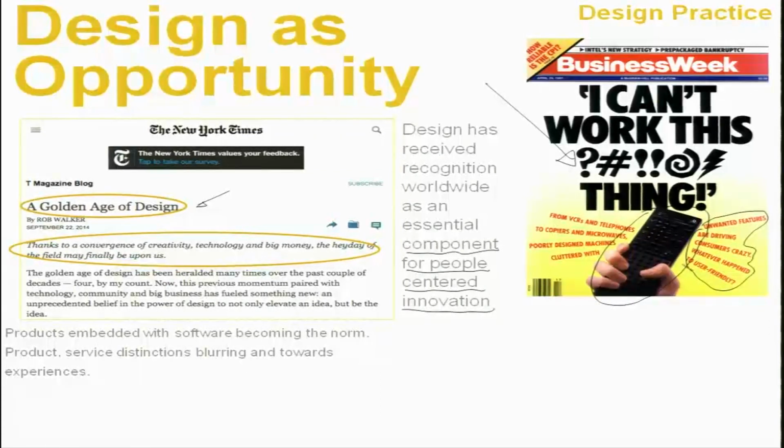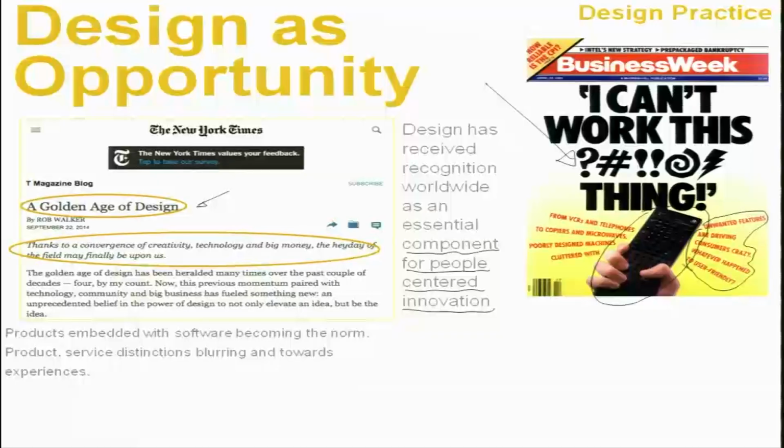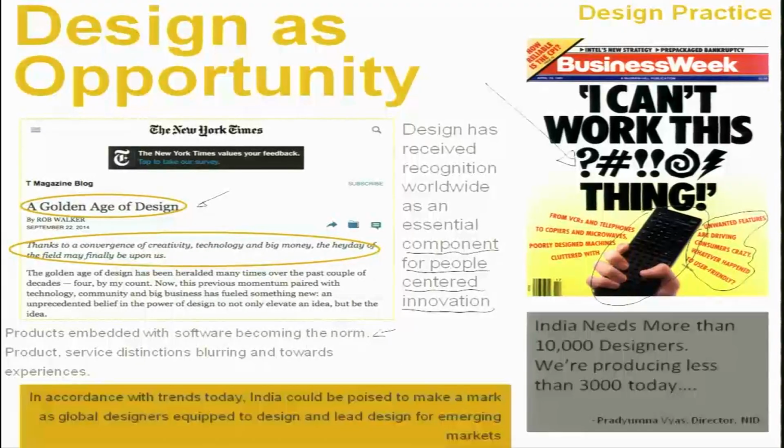And so, today the exact map of perception of a consumer's mind is what is needed for doing good designing, or actually what we know today as designing. So today products embedded with software is becoming a norm. The idea here is to make the usability easy. The idea also here is to somehow be able to get into the brain or mind of a consumer and find out what exactly is his liking, and that liking should be somehow mapped into the product, through the innovative strategies that people build, and that is what design should be about.